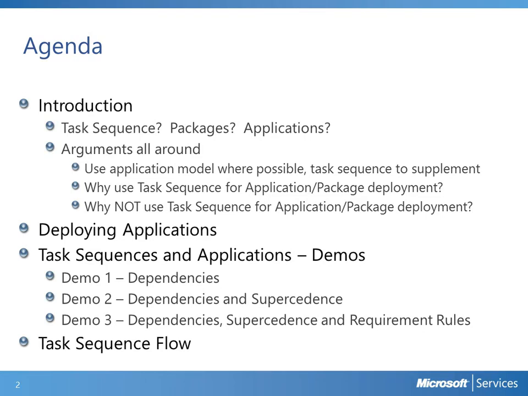In fact, one of the reasons that task sequences became very useful for deploying packages is they really helped address some unique deployment scenarios that the package engine itself just couldn't handle. It didn't have the sophistication. Well, the application model really does have a lot of that sophistication, though there are still times the task sequence engine is useful, right? So we asked the question, well, and the other thing too,